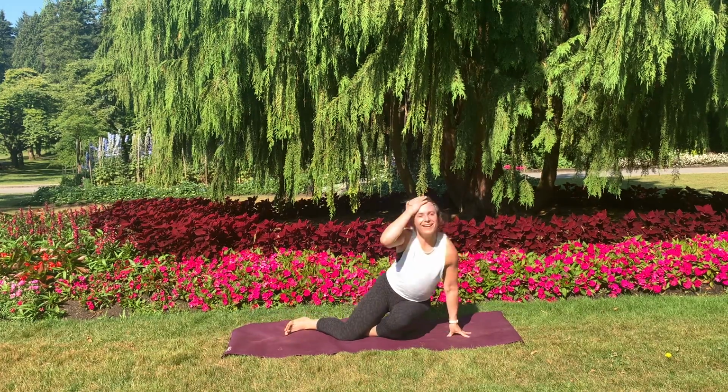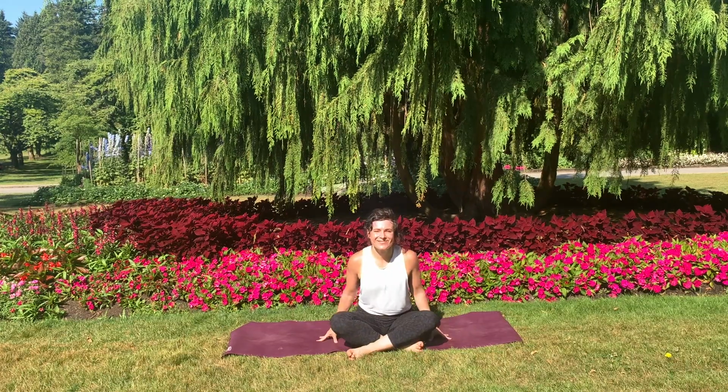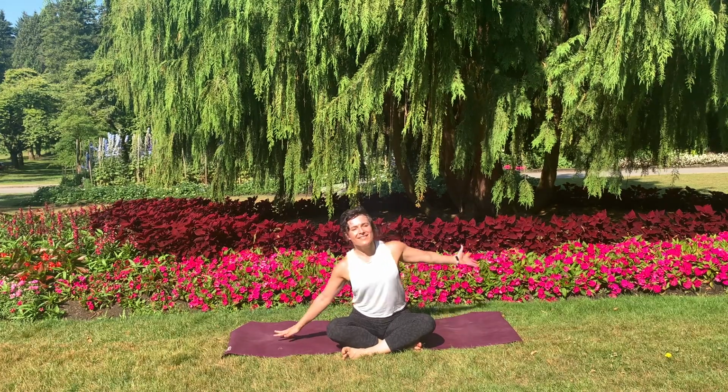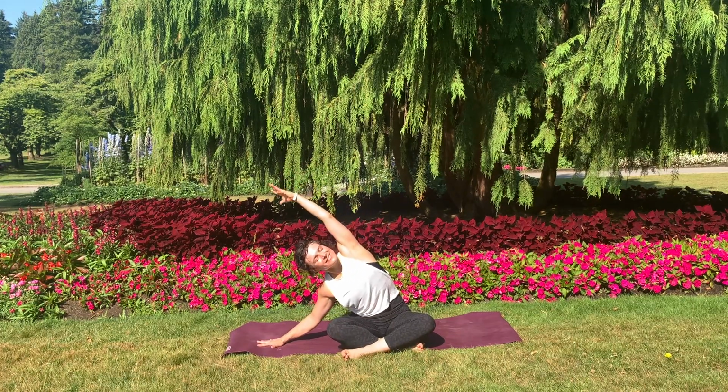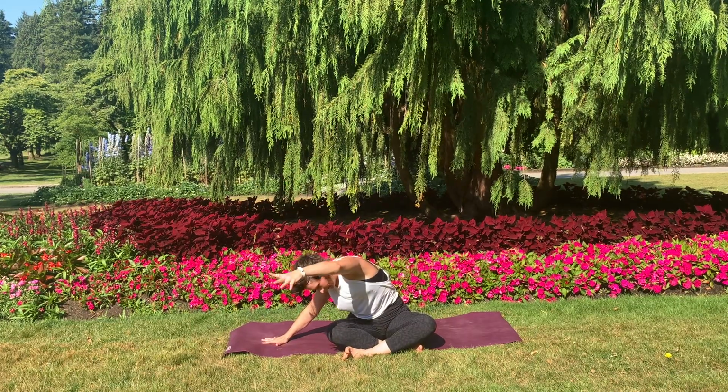Beautiful. Lunging forward, stepping down, and we'll meet in seated, sitting up tall. Now we're going to be lifting your right arm up for a side stretch. Root the right hip down, turn the chest up to sky, and then you're going to rotate the chest down,